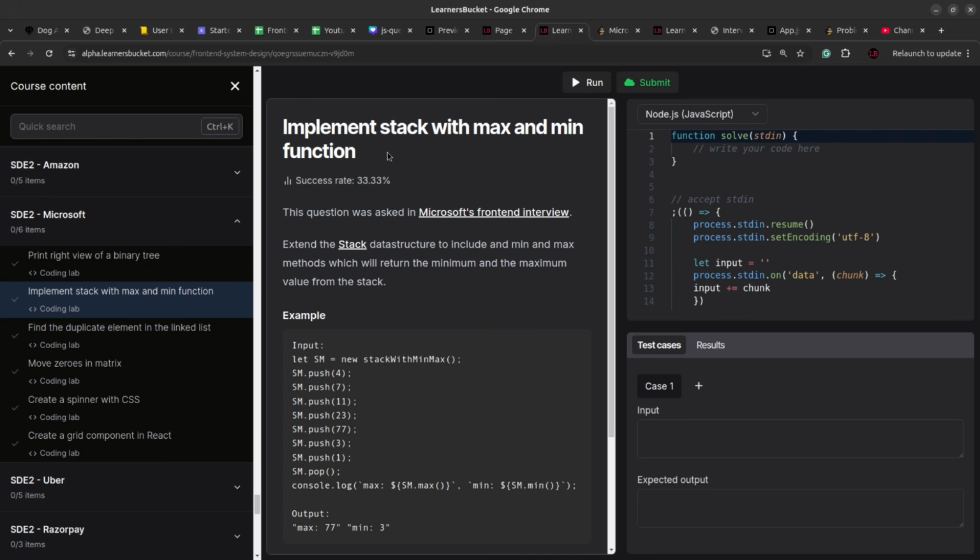So let's get started. We'll create the stack data structure with min and max functions. As you are aware, stack follows the LIFO structure, which is last in first out. So the last element that will be added to the stack will be the first one to be removed. You cannot remove the items in between from the stack. It follows the order. You keep on adding elements to it, and only the last element can be